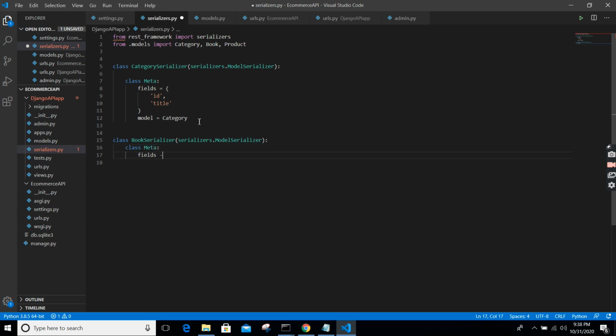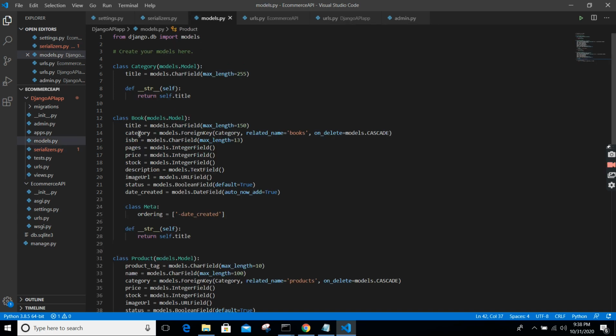Fields. Okay, it's a tuple. So we have our ID. ID is a primary key, so you really don't need to specify that in your model. So okay, ID, and then let's come here. Okay, title, category,